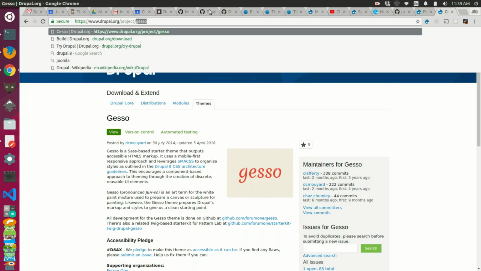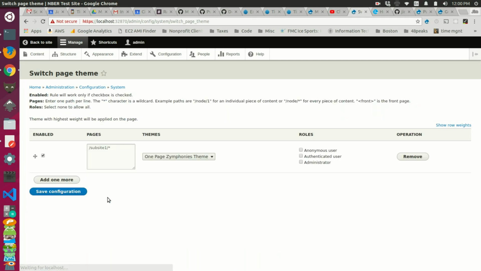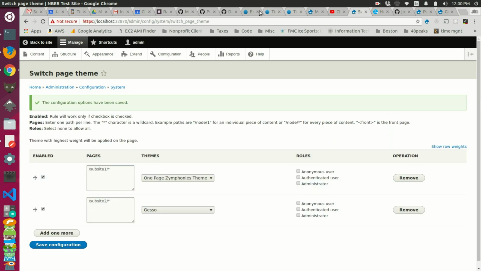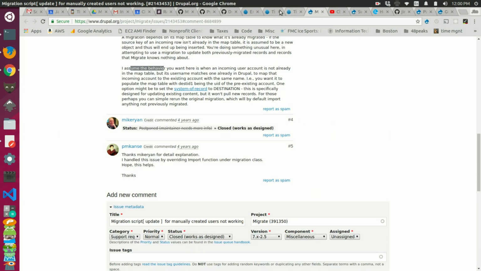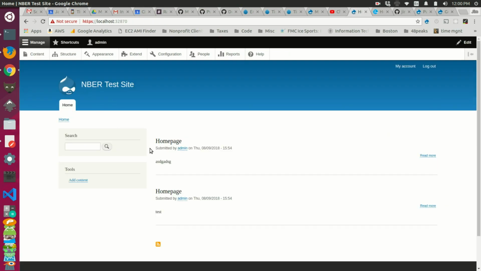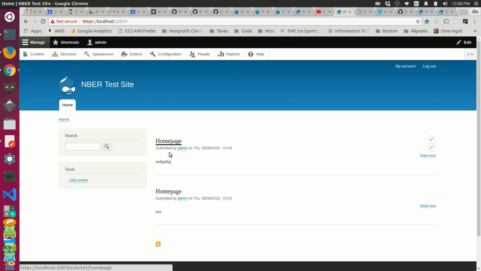Okay, so we've enabled that. Now if we go back to our site here and we reload this page, we should be able to add another entry now, and we should be able to select the new theme that we just enabled. So let's save this, and now if we were to come to our website and go back to our site, if we go to the first one, we'll get this broken